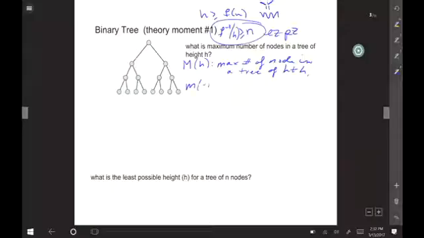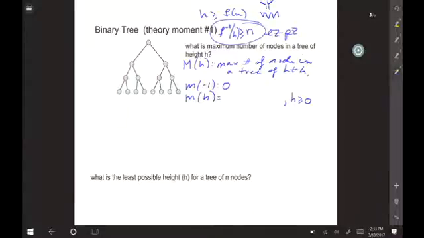Well, our smallest height that we care about is m of -1. What is that value by definition? What's the maximum number of nodes you can put in a tree of height -1? 0, that's right, very good. And m of h, for h greater than or equal to 0 or greater than -1,